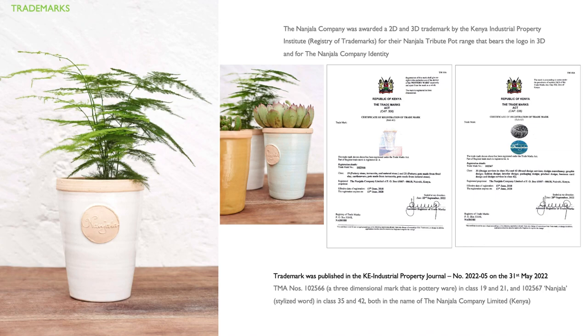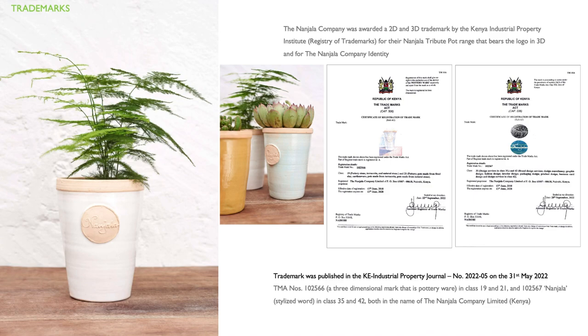And what I did is I lodged a registration with KIPI in various classifications. I think there were 2 to 4. KIPI, which is the Kenya Industrial Property Institute, publishes the mark in their journal, and it was done in May 2022. And then a few months later, I actually got my certificate. So those are the 2 certificates you see there. And in Kenyan law, a trademark expires after 10 years. So the idea is you would renew it after the 10-year validity period, and you continue enjoying the benefits of your trademark.